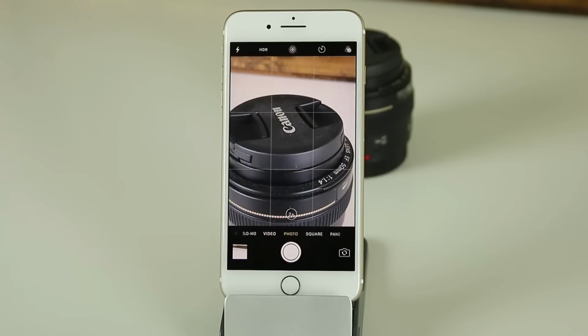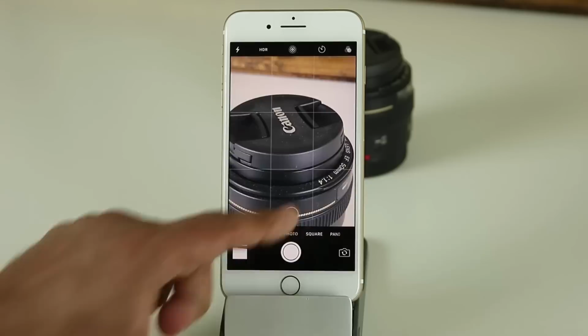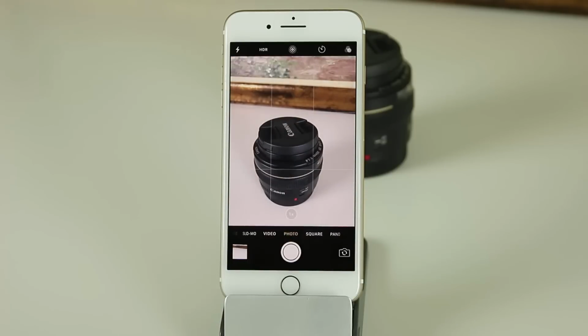And just a generic tip here that has nothing to do with the iPhone 7 Plus, but 2x optical zoom is a great way to take portrait pictures. So if you're taking a picture of somebody and you just want to take a picture of their face, it's nice to go back a little bit, do an optical zoom, and take a picture of their face that way. It's going to give you much better portrait pictures because it's going to give you that nice background blur that you don't get with the wide angle lens. So just remember, this optical zoom is good for zooming in optically without losing quality, and it's also great for